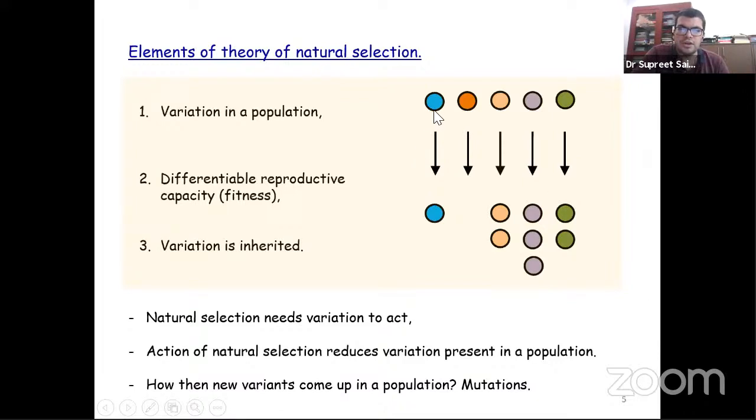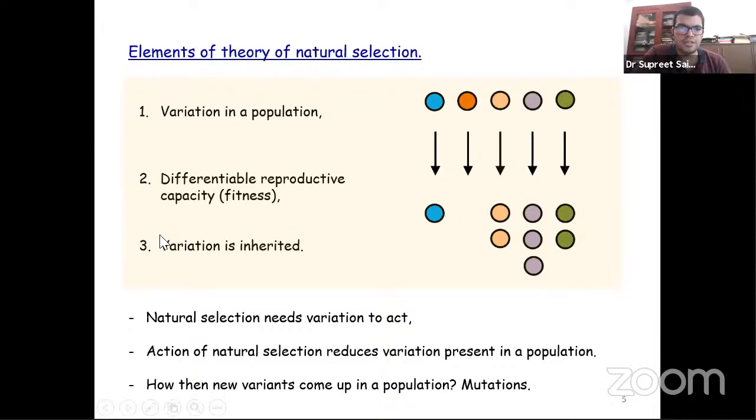And hence, although the blue individual here formed 20% of the population, by the time delta t passed, the blue individual is now 1/8 of the population. So from 20%, it's gone to 12.5%. And hence a change in frequency of the blue individuals has taken place. And evolution is essentially this: if different types of individuals increase or decrease in frequency, that's evolutionary change.